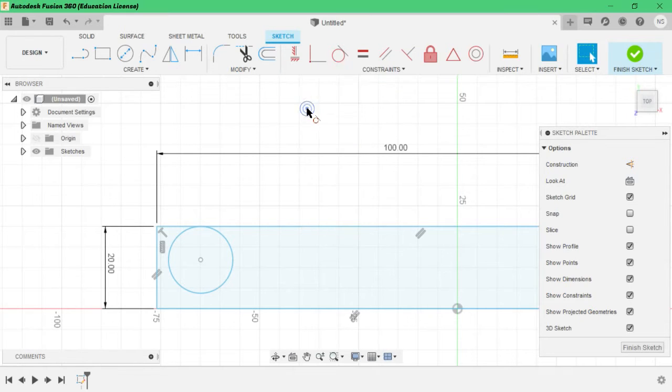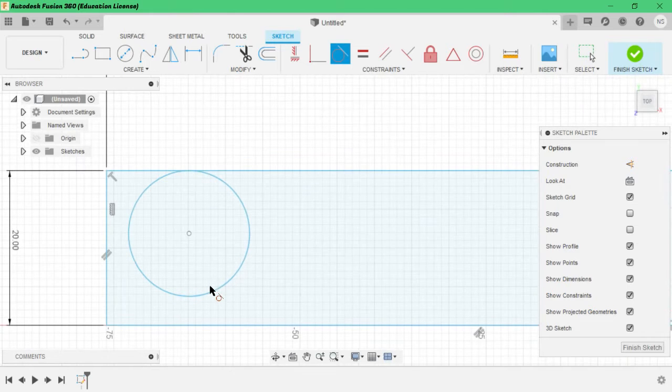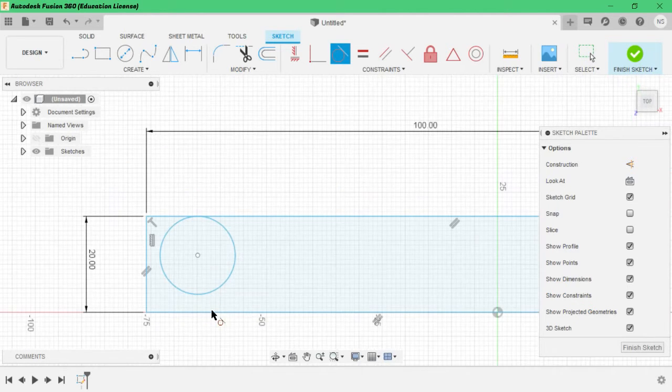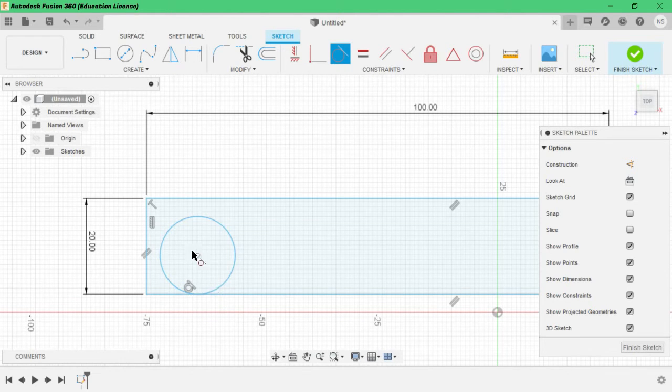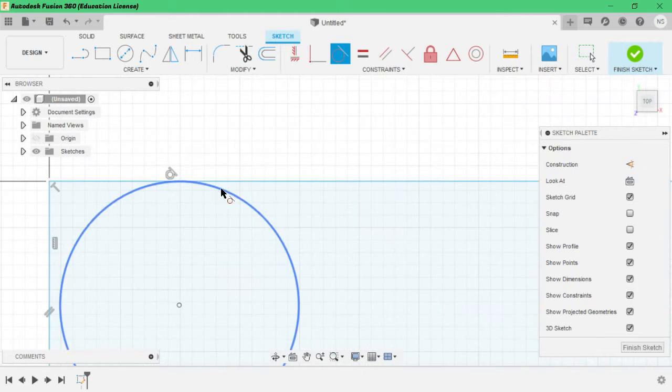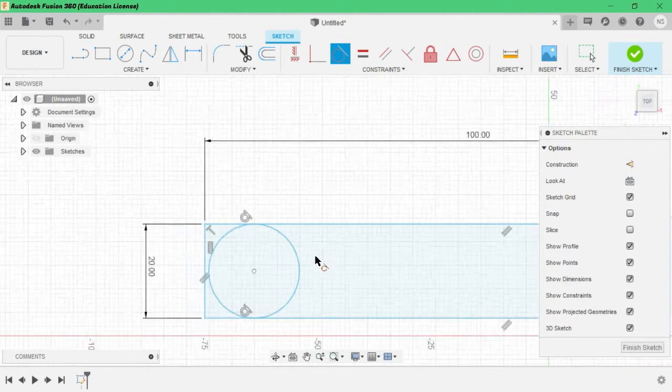So let's create tangent. This circle, to create tangent. Okay, so now this circle is tangent to this line, and again we will make the circle tangent to this. See how the circle is tangent to this line. Okay, then